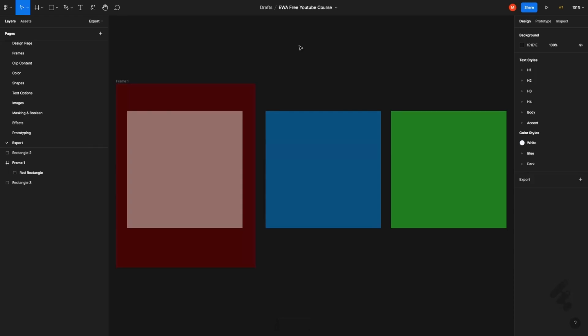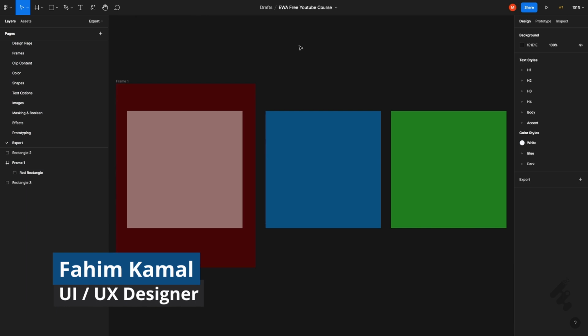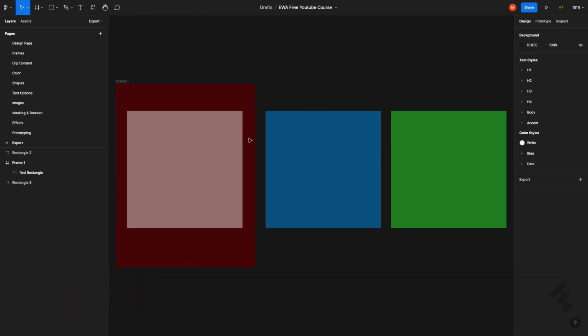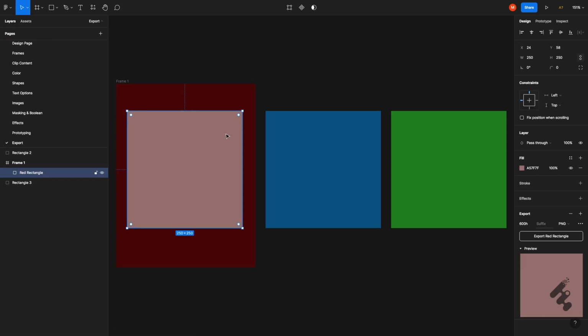Welcome back everyone. In this episode, we're going to be taking a look at the export settings. So in order to export any object inside of Figma, we have to select that object and add an export setting to it. So at the bottom of the designs tab, you can see the export tab, and